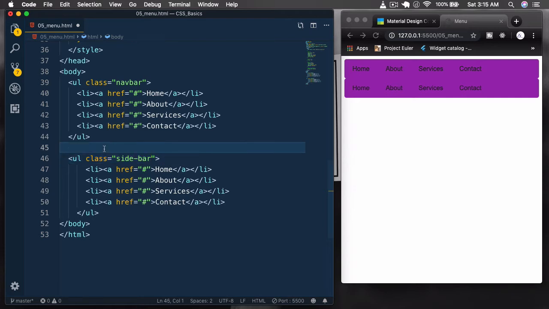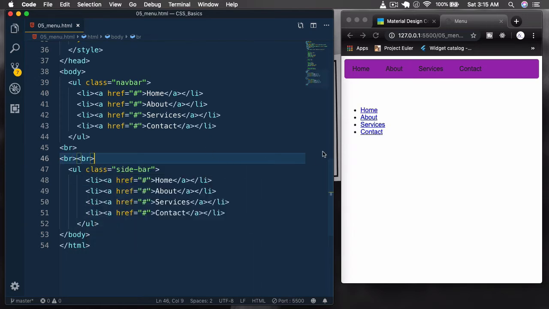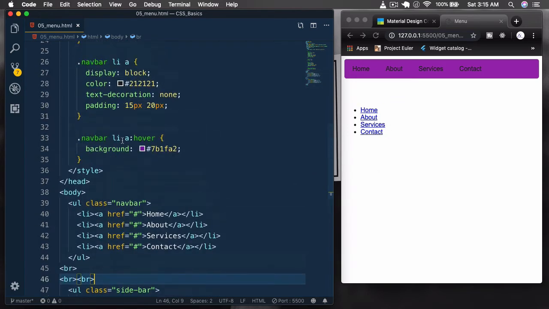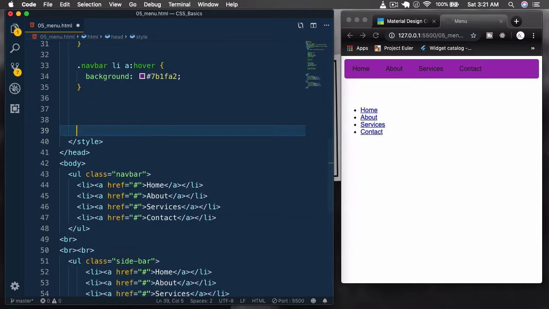and let's put some break here. Okay, now we are going to make a sidebar here. So what we're going to do now, we will come down here. So let's start styling the sidebar. So I'll target the sidebar,